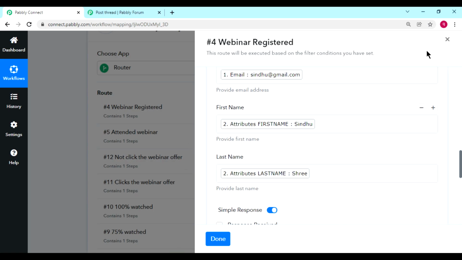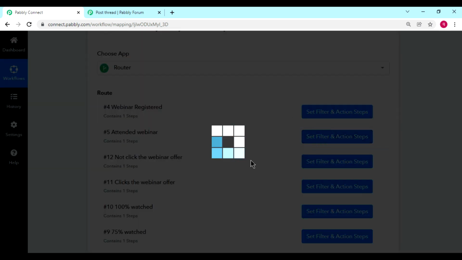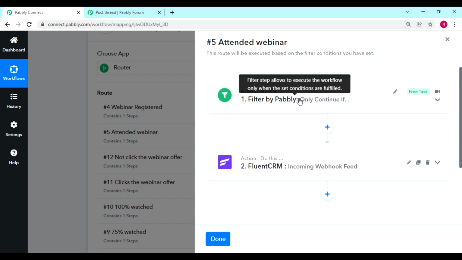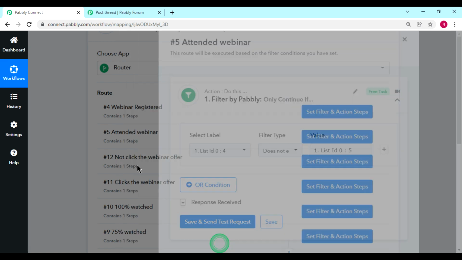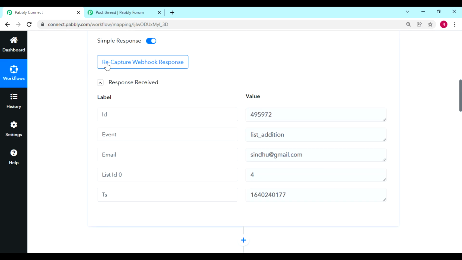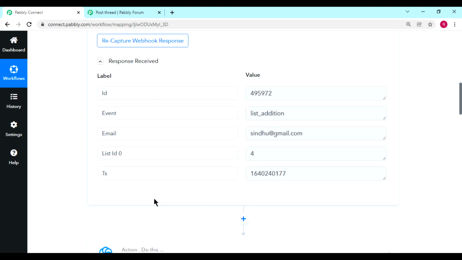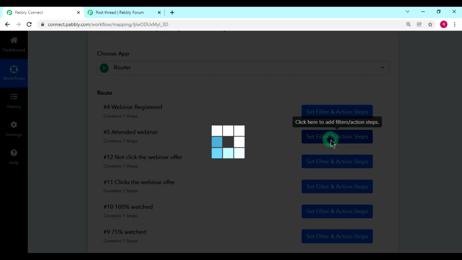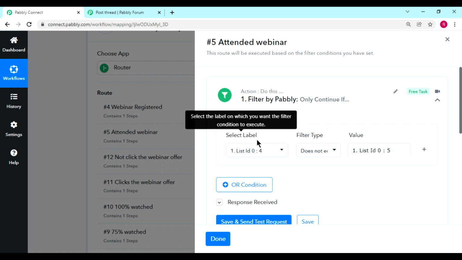After this, we have created multiple routers, that is, attended webinars. There I have filtered with the trigger which came in the trigger event. As you can see, new added list, and we have taken the list ID. I selected the label as list ID 04, so this does not equal this value.